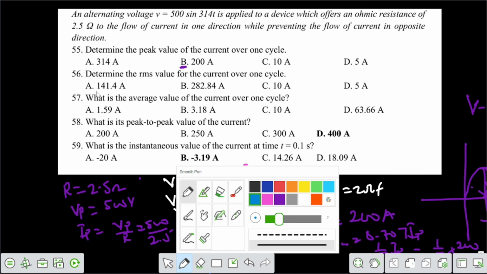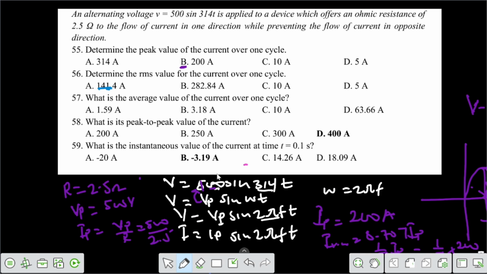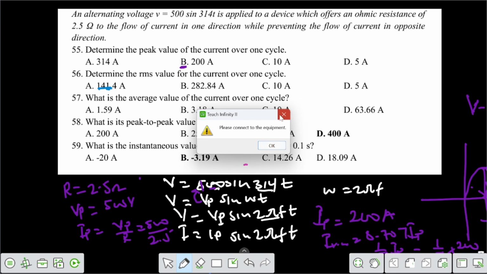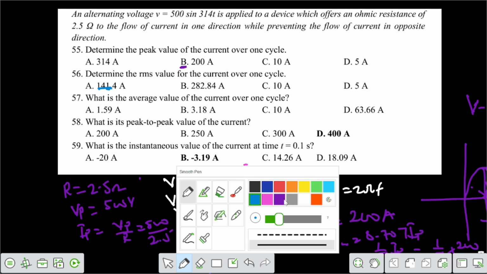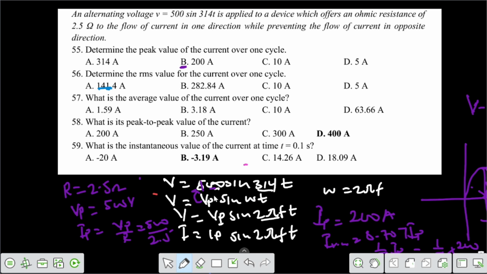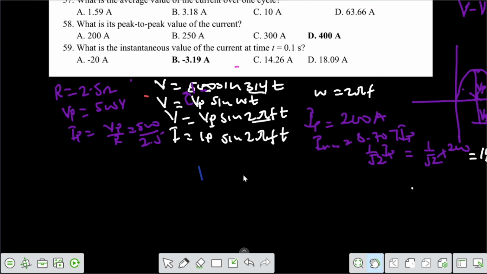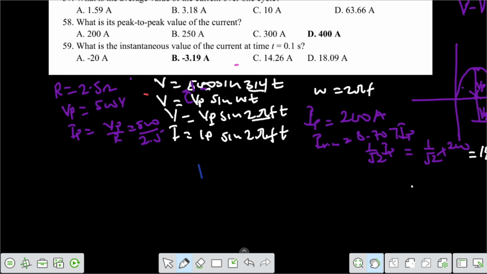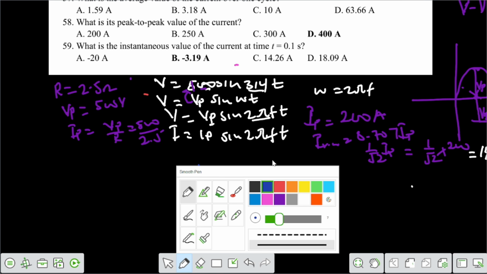Our value for the current in the circuit is what? Actually this one. Okay. So let's move on to the third question. What is the average value of the current over one cycle? So anytime you want to calculate the average current, we are saying that the average current is equal to